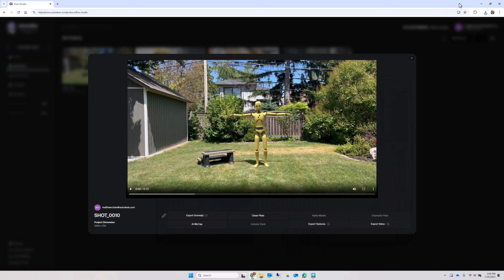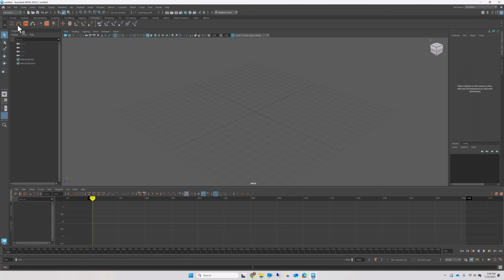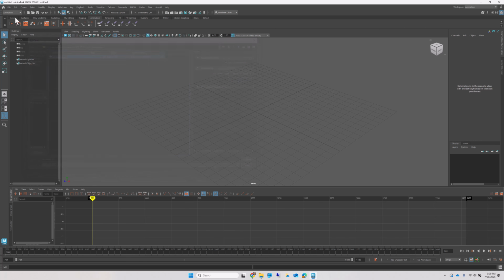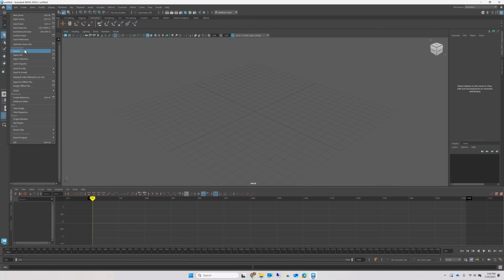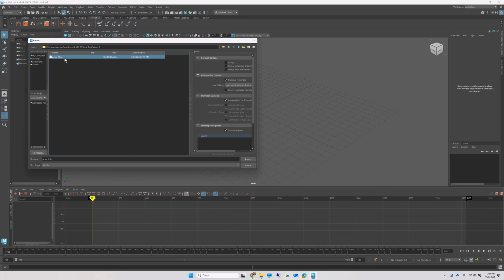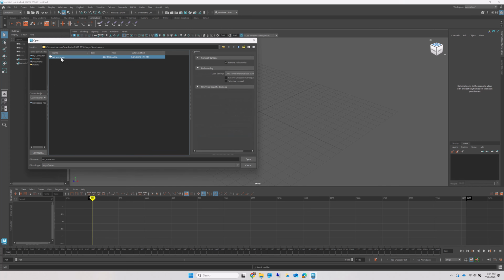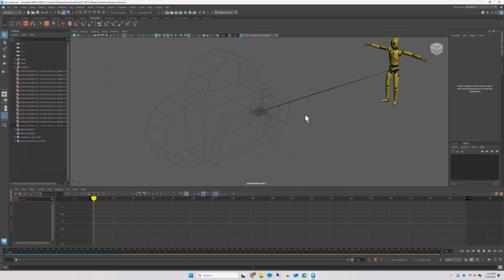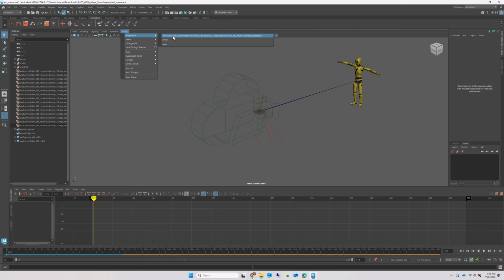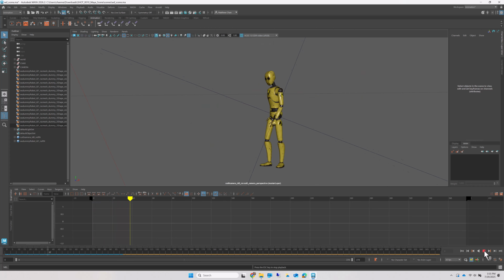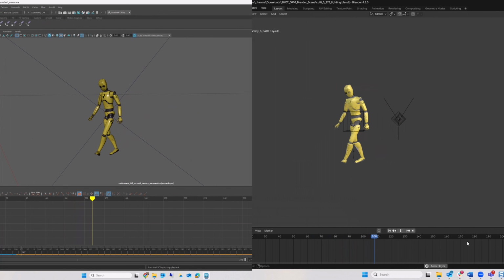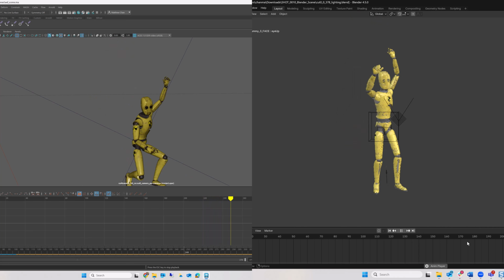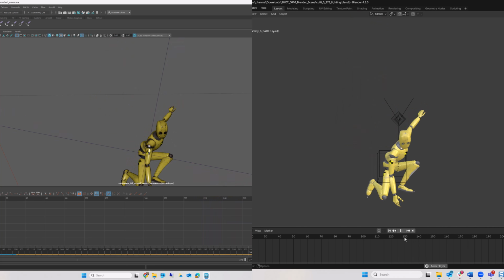Now it's just a matter of opening the Maya scene, or importing the mocap FBX file, if that's the route I chose. And there we go, my animated character and camera inside a Maya scene. And while I did this in Maya, you can of course do the same thing in Blender with the free tier. Or with the paid tier, you can even do it inside of Unreal Engine or any USD compatible software.